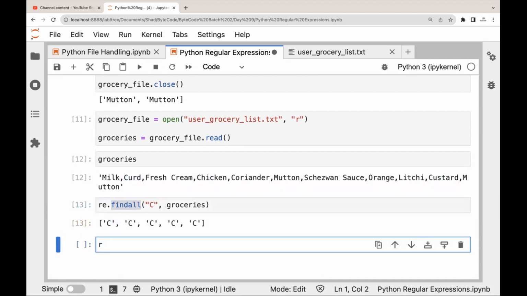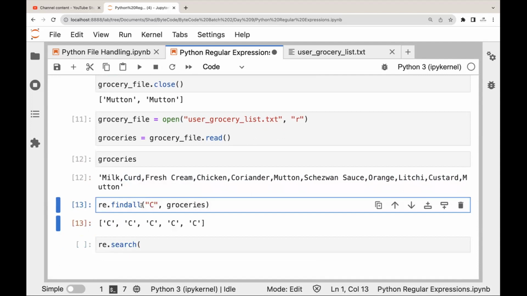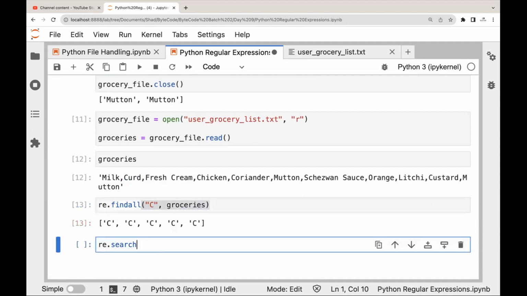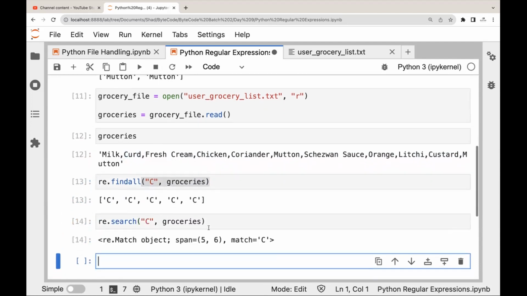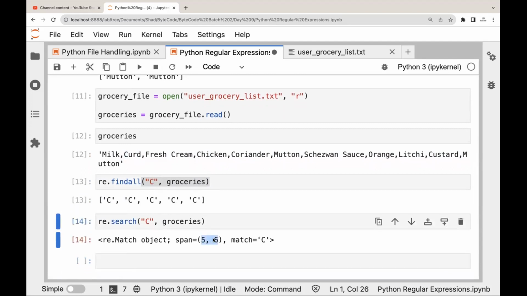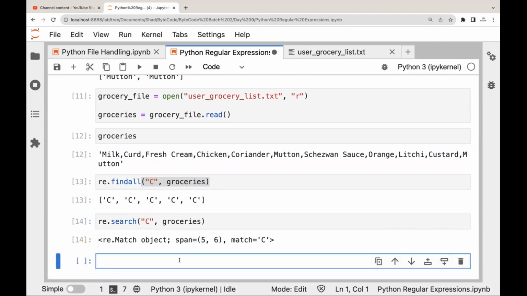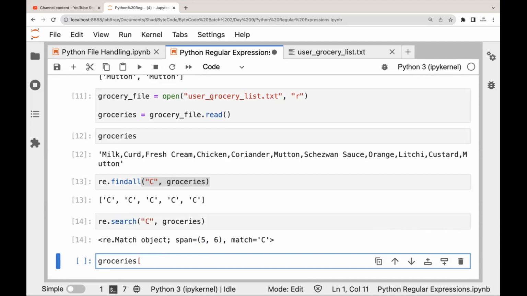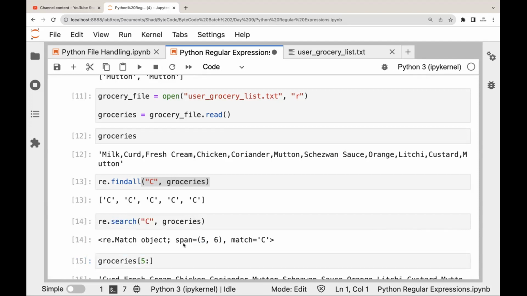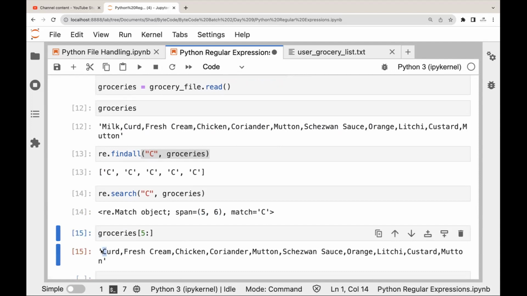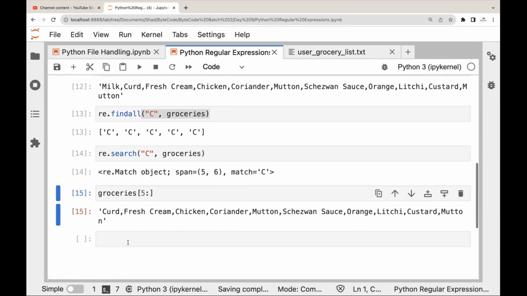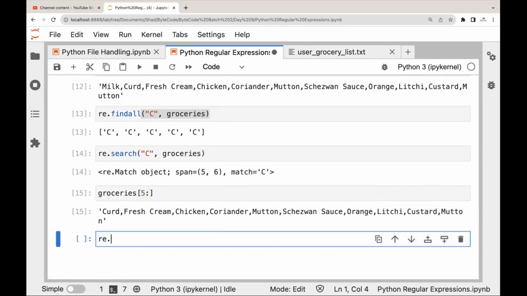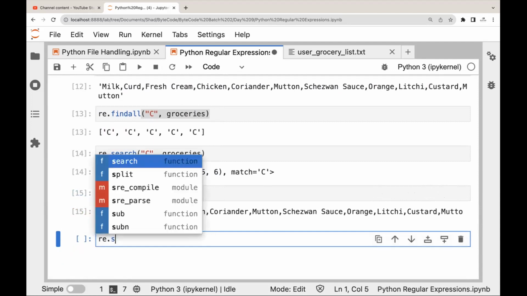And suppose you want to know at which specific index this was repeated, you can use search, and it will give you the first span, the index at which C got repeated. So if I just say groceries, let's say starting from 5, C, it has started from C, right? So similarly, re dot